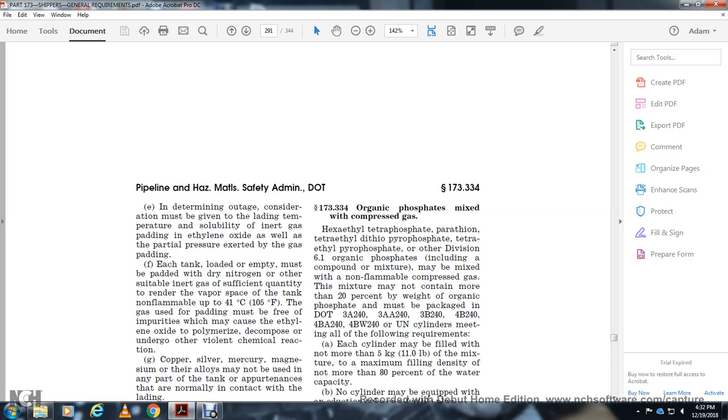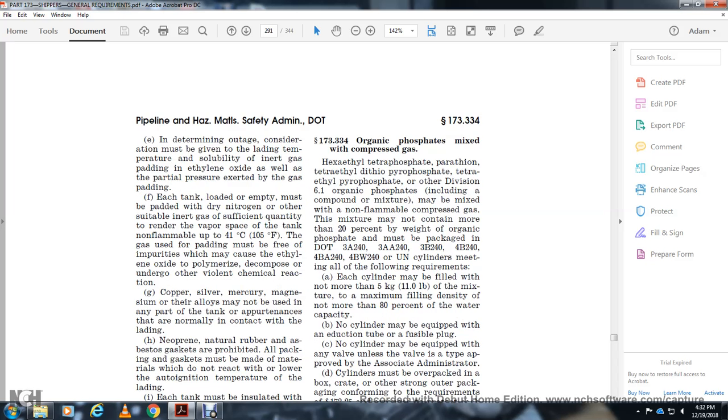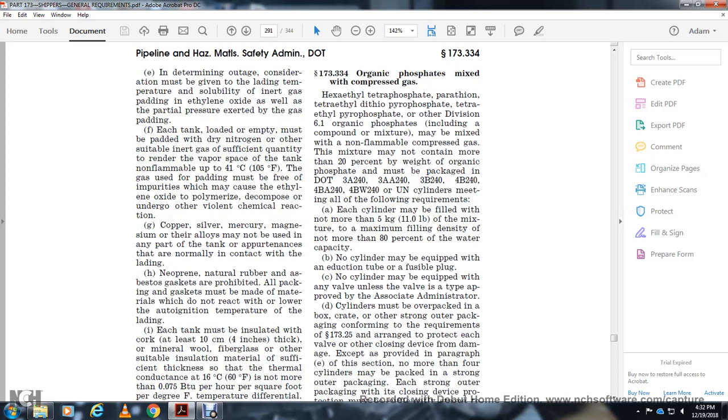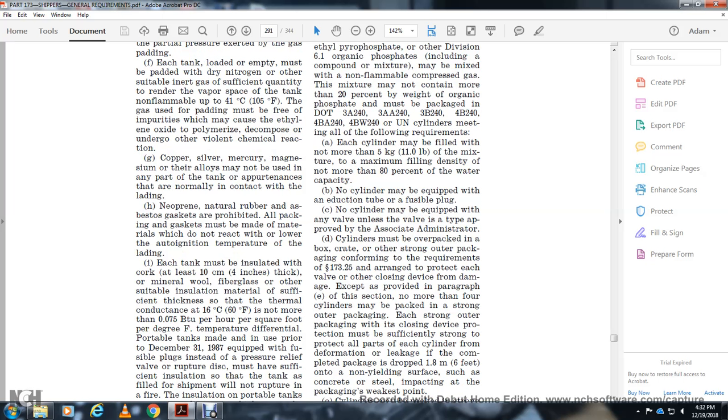Copper, silver, mercury, magnesium or their alloys may not be used in any part of the tank if in normal contact with the lading. Natural rubber and asbestos gaskets are prohibited. All packing gaskets must be made of material that does not react with the lading, with a lower auto-ignition temperature. Each tank must be installed with a cork